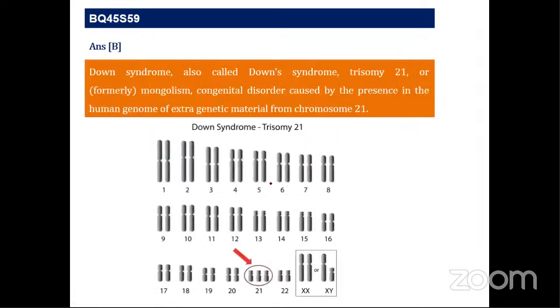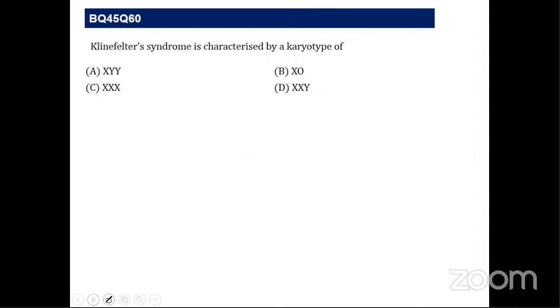Next question. Down syndrome, trisomy 21 or Mongolism, is a congenital disorder caused by the presence in the human genome of extra genetic material from chromosome number 21. See here, the karyotype which is given here, we can see that there are 3 copies of chromosome number 21 present. So this is Down syndrome, which was previously called Mongolism. Klinefelter's syndrome is characterized by a karyotype of